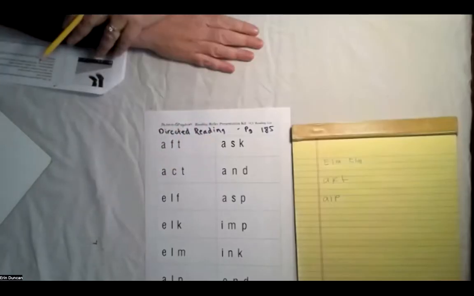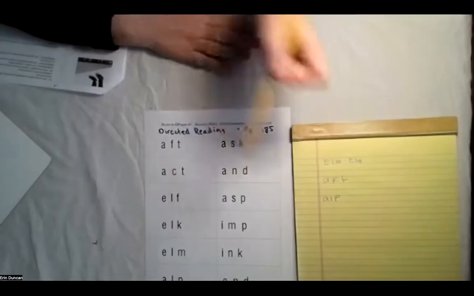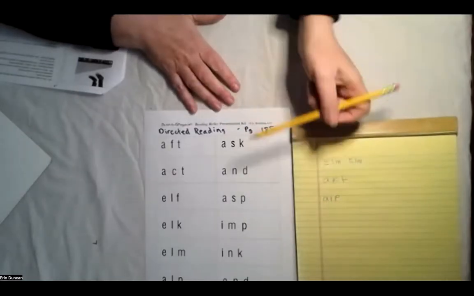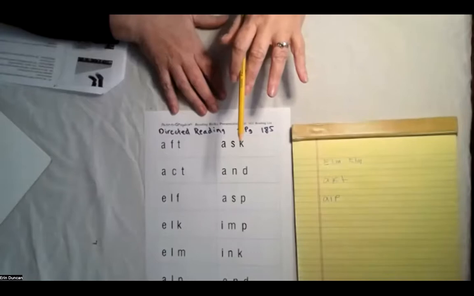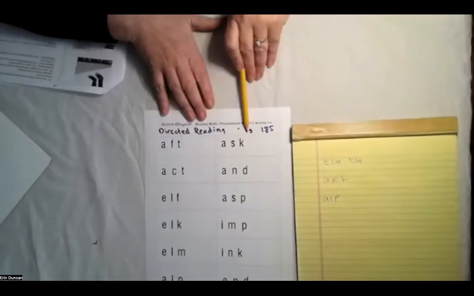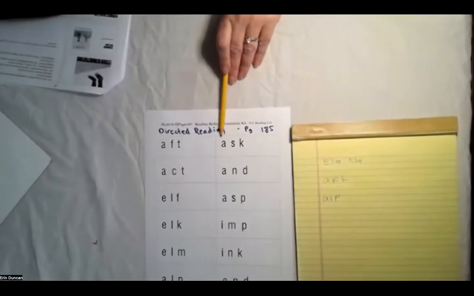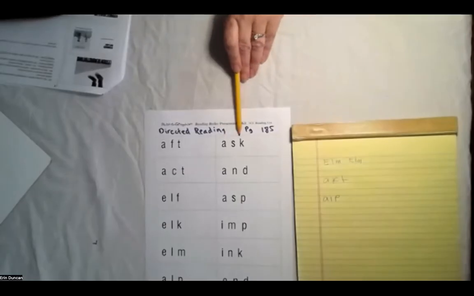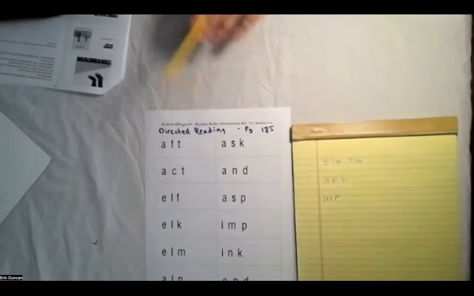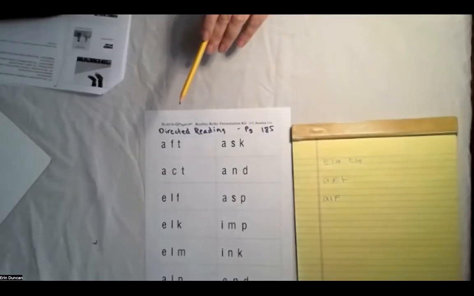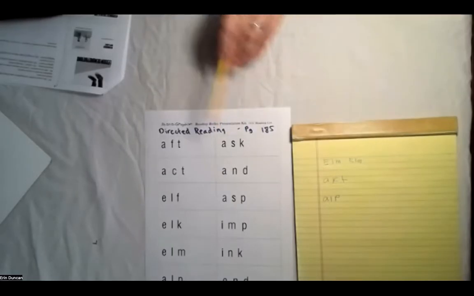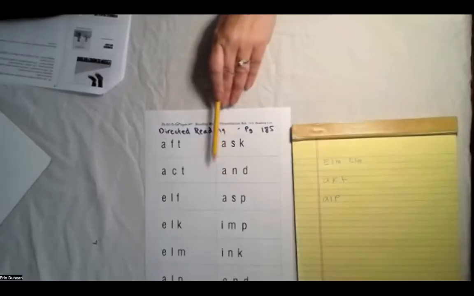So let me show you that with Sam, okay? We're gonna read this list of words now, okay? But I'm gonna be here to direct you through it, don't worry. This is the word ask. So let's read it. Let's read those sounds and hear ask happen. Ask, ask. Good. And make sure you say each sound all by itself so that they know how you're doing that. Okay, so let's read the word and.